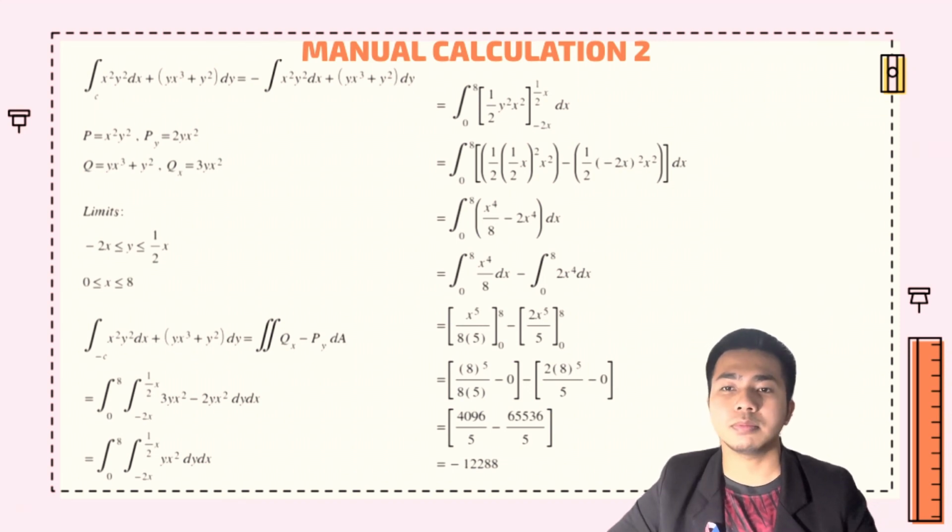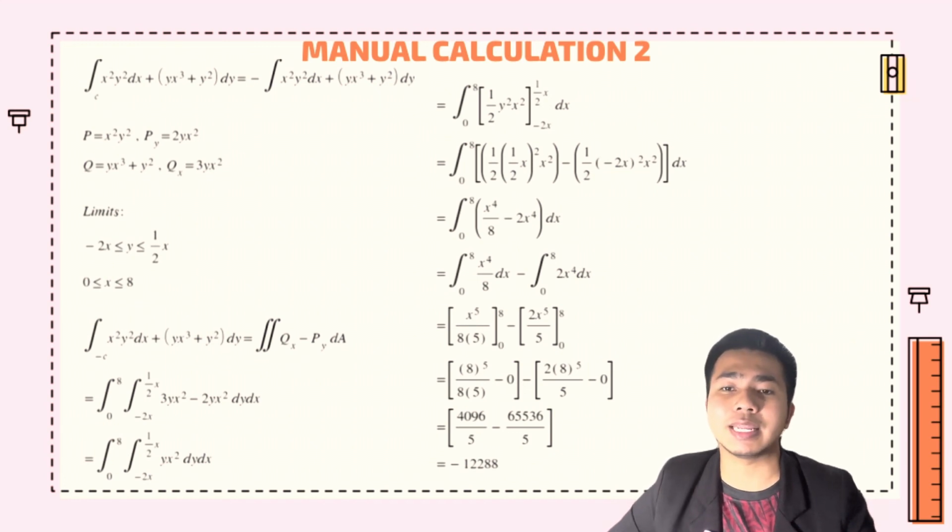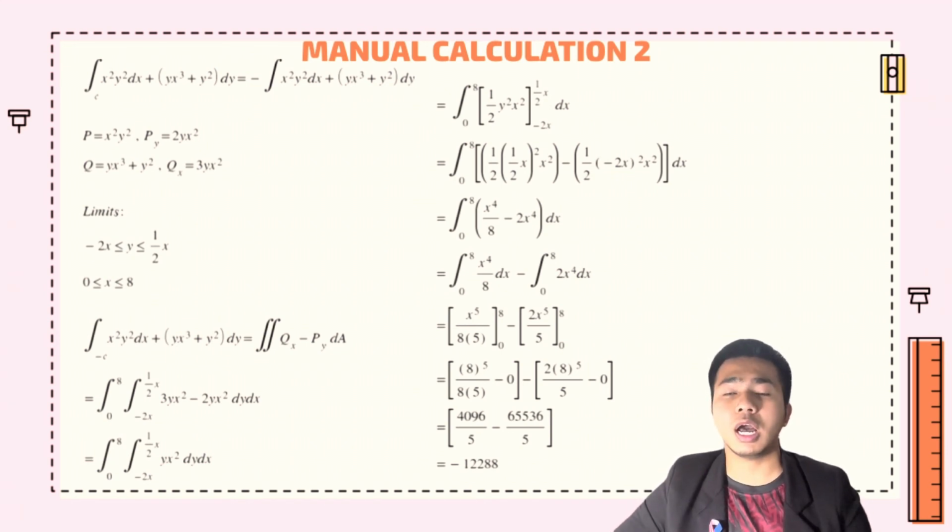So next step, we solve the inner integration with respect to dy. Then we solve it by substituting the value of the limit inside the equation that we obtain. And we get the x to the power of 4 over 8 minus 2x to the power of 4. Then we solve the outer integration with respect to dx. We substitute the limit and lastly we obtain the answer is negative